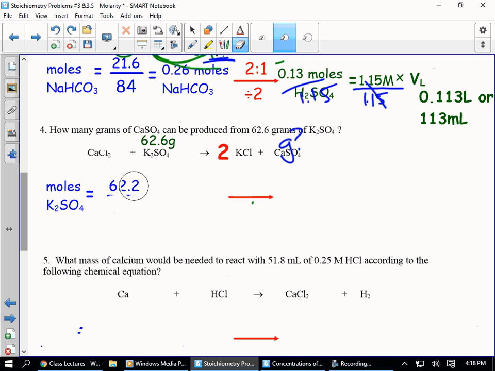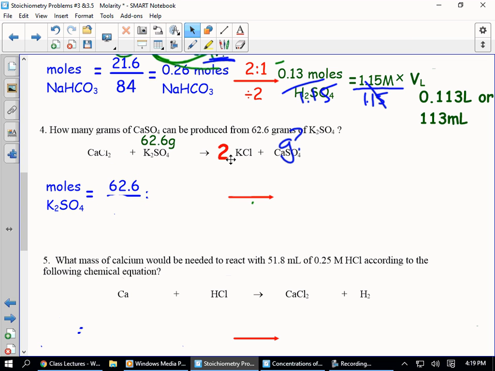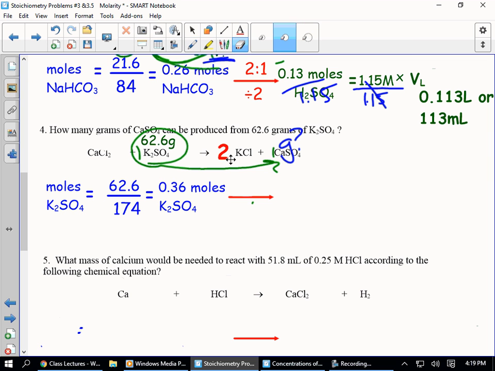All right, so I'm going to take 62.6 and divide it by the formula weight of 174. When you do that division, you get 0.36 moles of K2SO4. Then we have to do our coefficient ratio. If I'm going from here to here, this is a 1 to 1. So I also have 0.36 moles